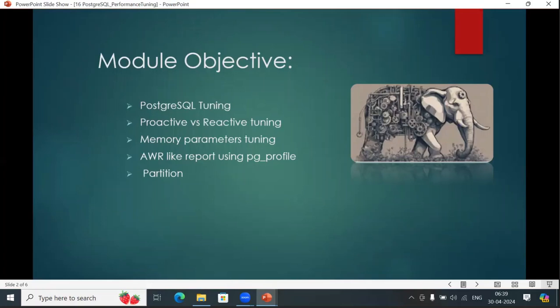Later, based on some benchmark tests, we have to change these memory parameters, right? So we'll see what a benchmark test is and what tools are available for it. And based on those benchmark results, how we can define the memory parameters. Okay, that is very important. And obviously, after you define your parameters, we have to configure backups. We have to configure logging. We have to configure,